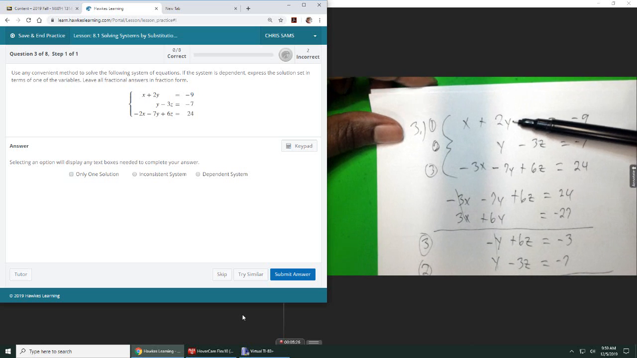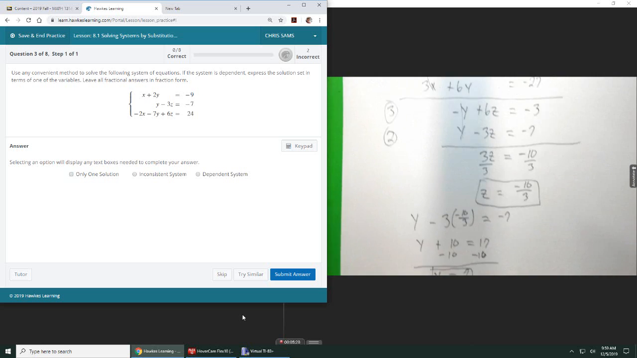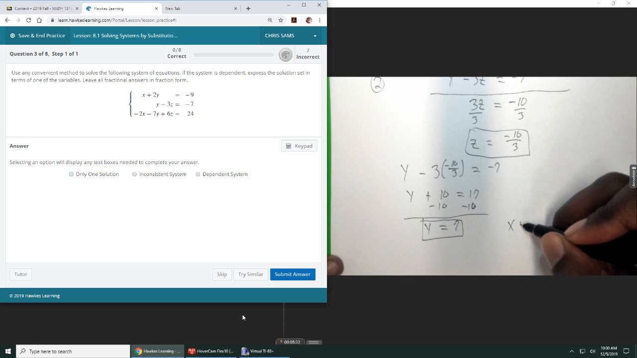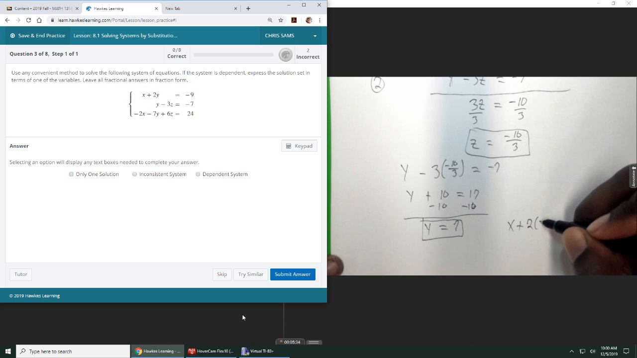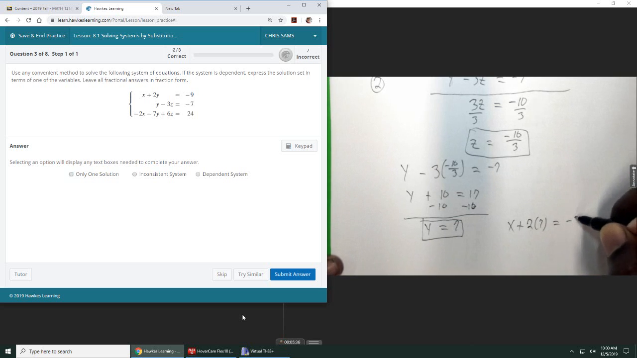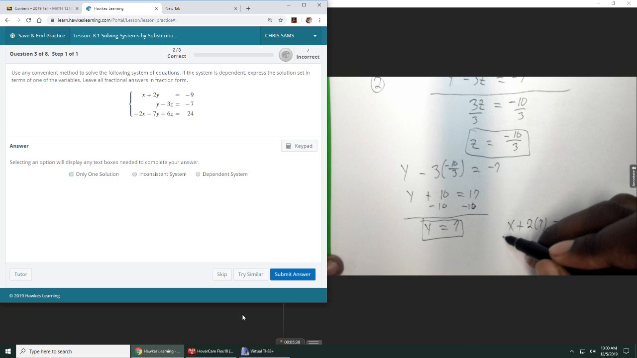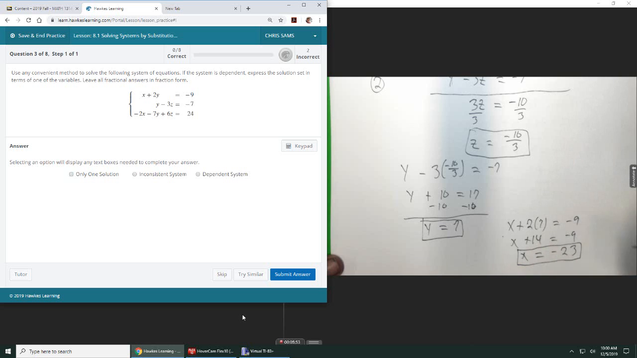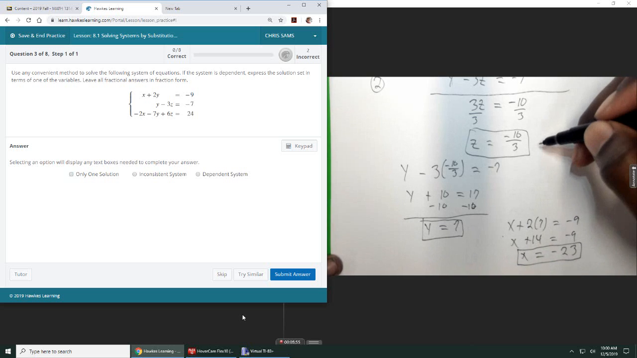So we're going to do x plus 2 times y, and that's equal to negative 9. And then x plus the product equals negative 9. And we solve for x. So we have an x, y, and a z value. Now, as a decimal, z is going to be